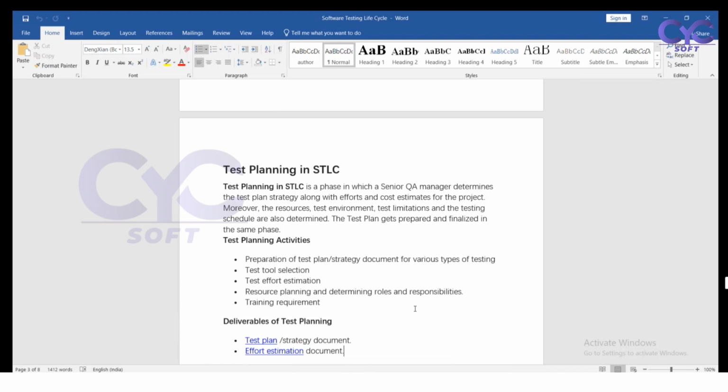So what are the activities we are going to be taking? Preparing the test plan, test strategy documents, and the various types of testing. What are the various types of testing we are going to follow? We have 4 types of testing here: unit testing, system testing, integration testing, acceptance testing. Which one has to be followed first? So what types of testing we have to follow,